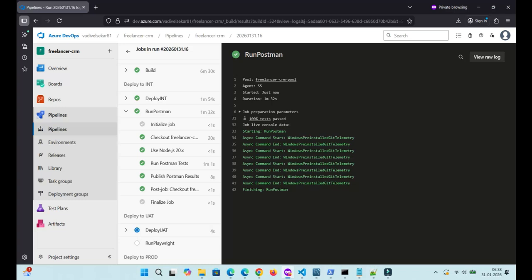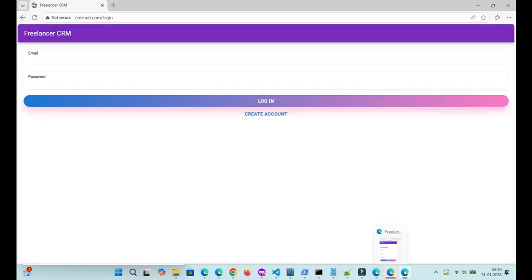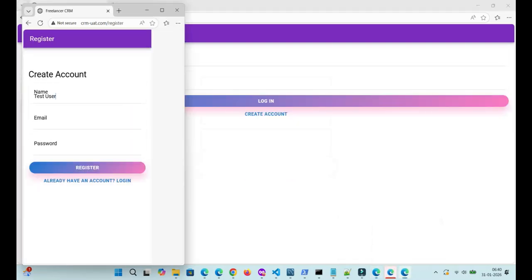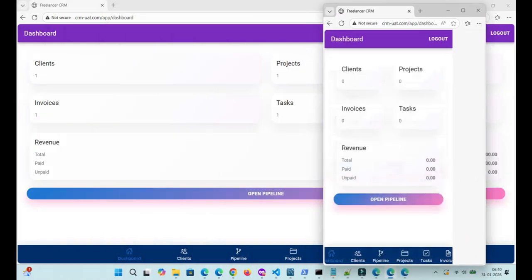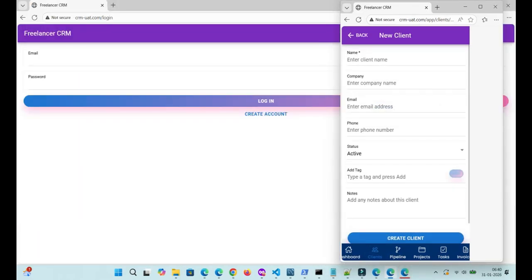Now deploy to UAT has been completed and the Playwright test execution has begun. The 3 scenarios, such as end-to-end test cases for web and mobile and the edge test cases, are executed in parallel in 3 workers. Currently, the mobile and edge scenarios are displayed on the screen. There are 5 test cases in the edge test case. The second test case in the edge test is being executed, and the mobile end-to-end test case execution is displayed on